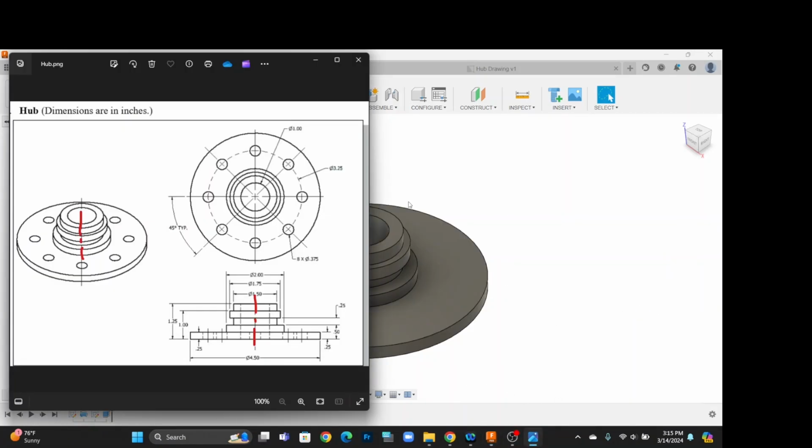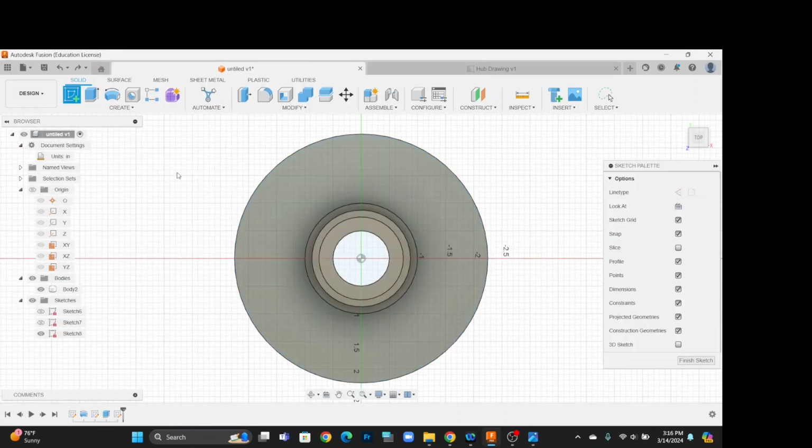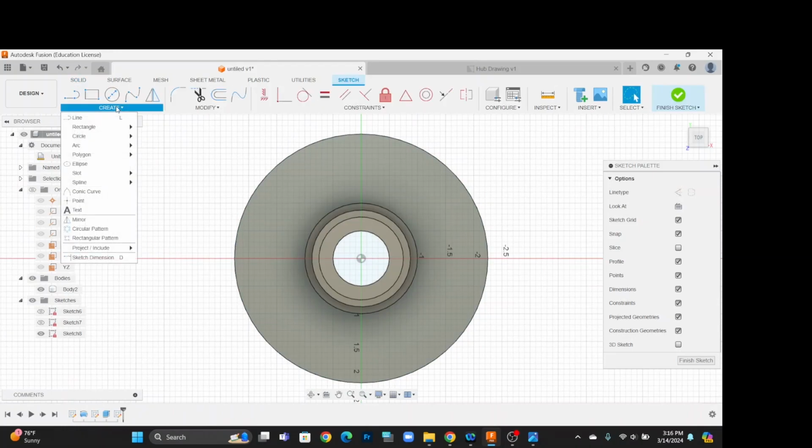Next I'm going to get to these holes. There are 8 holes, each is 0.375 inches in diameter, and the distance from the center of the object to this circle is 3.25. And with another sketch, and on this sketch I'm going to create a